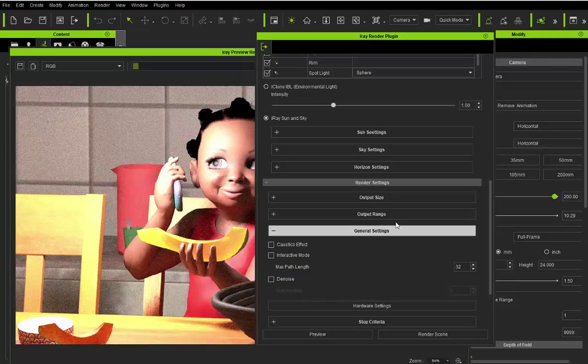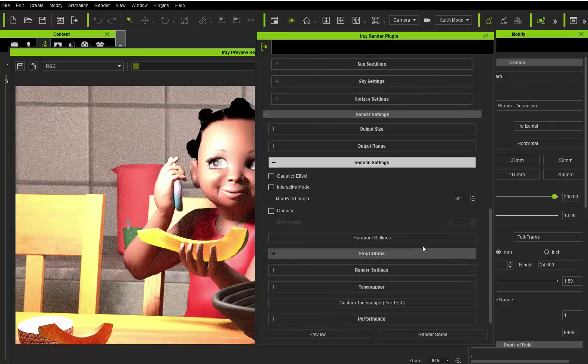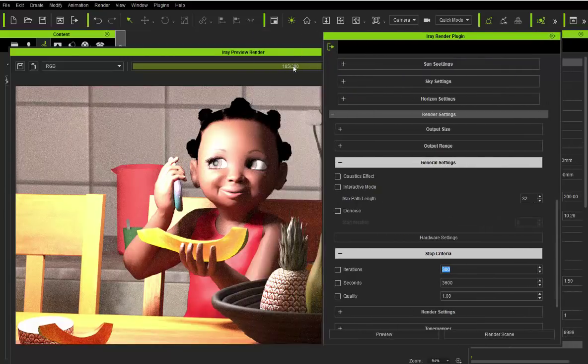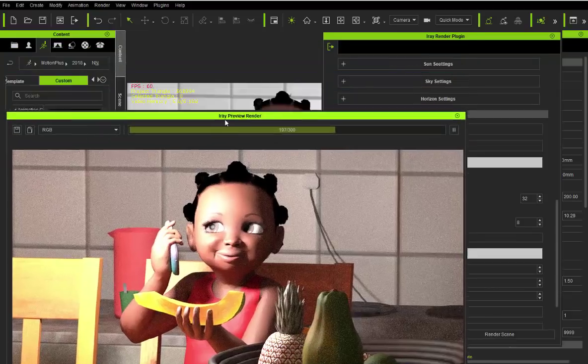The stop criteria down here is at 6,000, so I can put it to about 300, and it will update up here. Once it gets to 300, then just like in Octane, you can set the number of samples, and when you get to a number that you feel is good enough, you can also enable the denoiser. The denoiser is going to click in at whatever, so it is at 197. Let me see if I can move